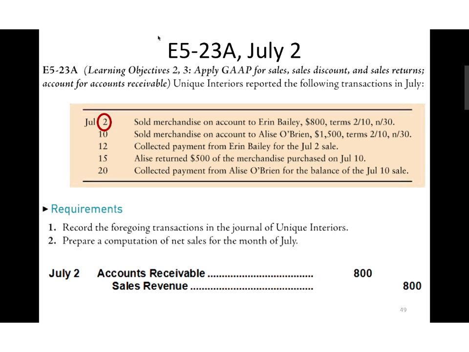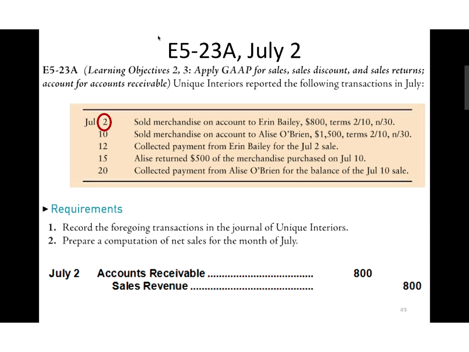Now, I'm going to start pointing things out that are helpful to know, so you may want to circle them. The journal entry for a sale on account, there's absolutely no reason to memorize that. After a while, you'll just know it. But I would absolutely know this entry. This is a standard entry. You sell on account, you debit accounts receivable, credit sales revenue. If I'm thinking of things I might want to know for the next exam, these entries we're doing here are very standard, rather than reinventing the wheel.